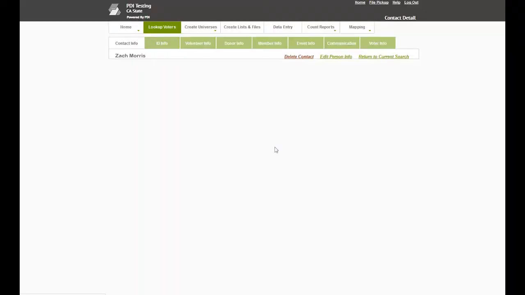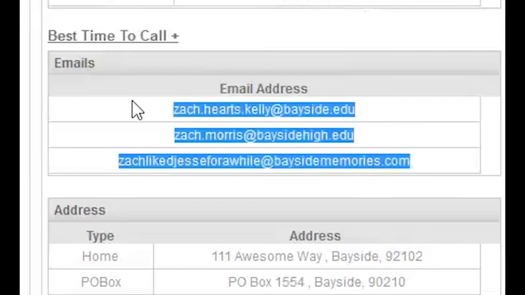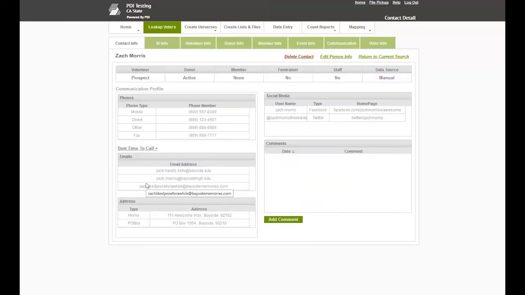Then let's go back over to the PDI record. And bingo, it's gone. So you can see what we've done here is we're actually operating out of the same database so that you're not passing data around and waiting for it to update. This is automatic. As soon as you make a change, if your treasurer is doing some work on the ISP side and you're doing some work on the volunteer side in the PDI account, your data is going to be 100% up to date. There's no way to put a value on that. That is great integration. Nobody else in our business has gone this far.